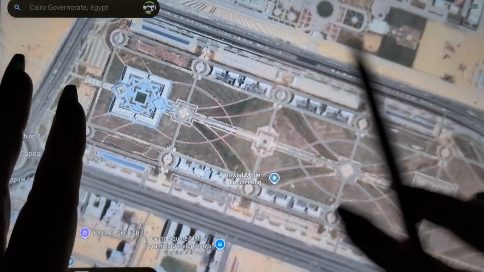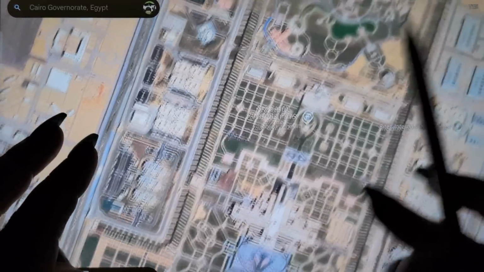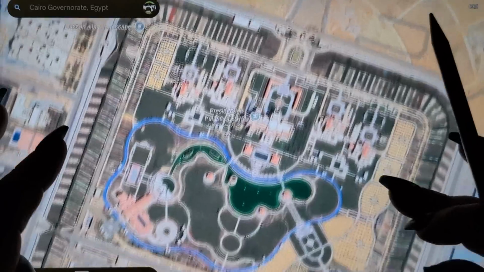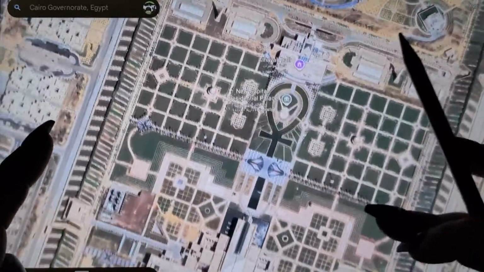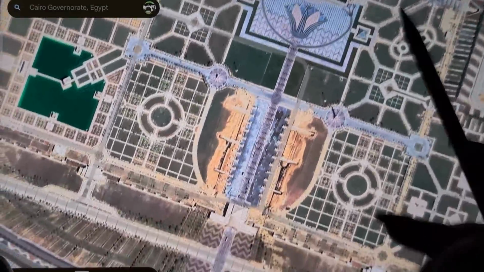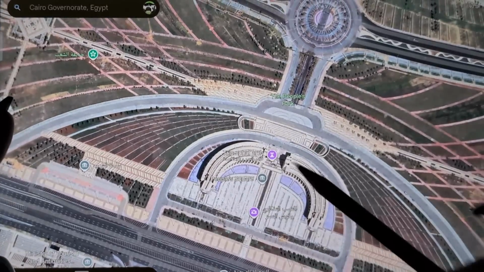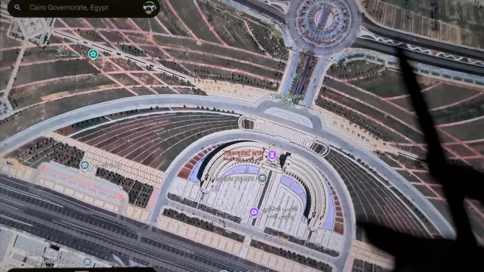They've got all of this beautiful green space, all these designs. Look at all this. The new presidential palace. So fancy. Look at the ankh and the lotus flower there. Goodness. This just big outdoor area, just a big arch.